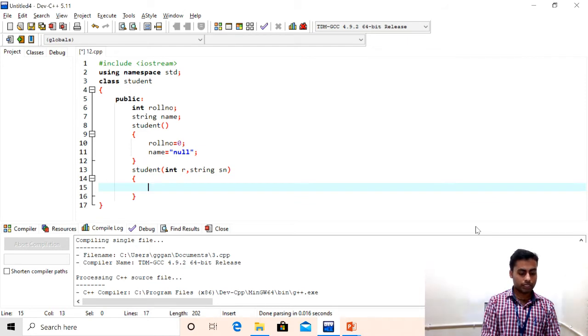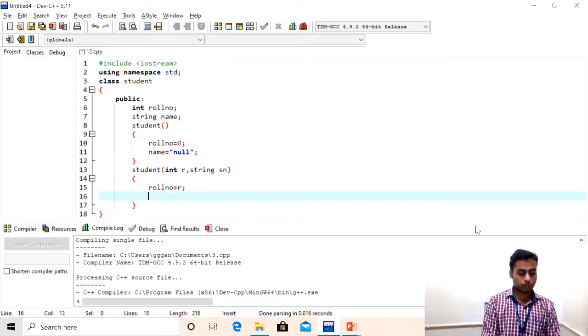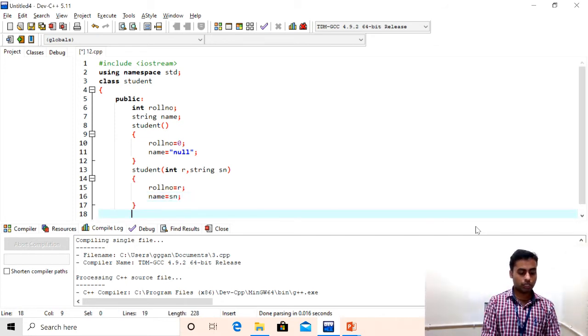Now let's initialize the variable roll number with our variable r, and name will be equal to student name. Clear?